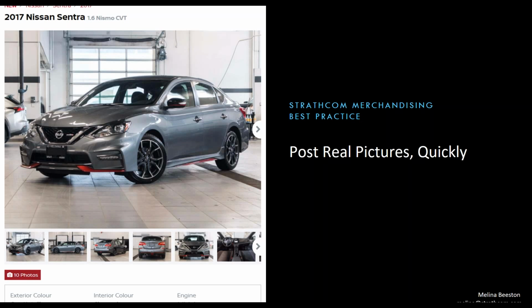It doesn't need crazy editing or any editing in most cases. I think this dealership evens things out so that the lighting is the same, but they don't touch the cars. They don't spend a lot of time spot touching everything, because you shouldn't. You should post a real picture of the car. Don't up the contrast, don't change the lighting, don't try and do things. Make sure that it is consistent through all of your pictures. I would encourage you to take your pictures in the same place every time. I would handle it in that way rather than going super crazy with editing and lights. It shouldn't take that long to get this out, and adding too much editing will also add to the turnaround time. That's not great. The other thing that I think people are probably going to point at me for is